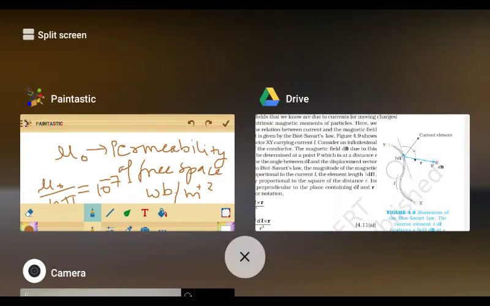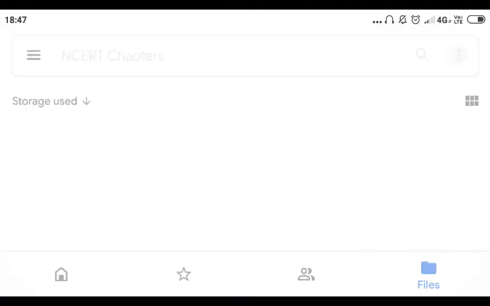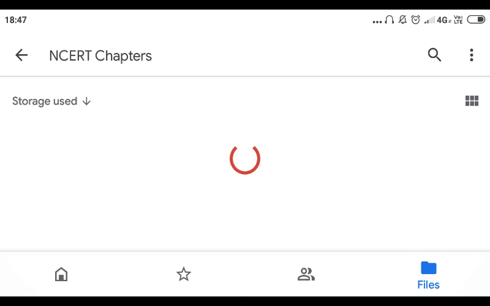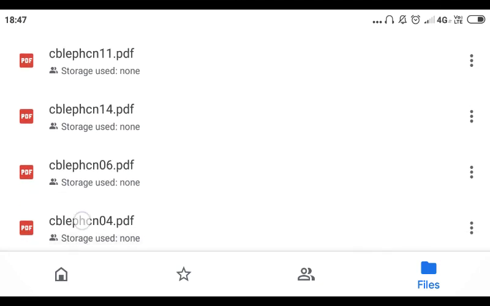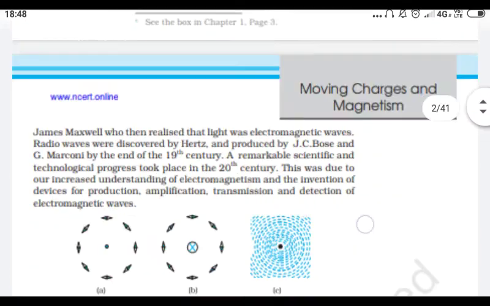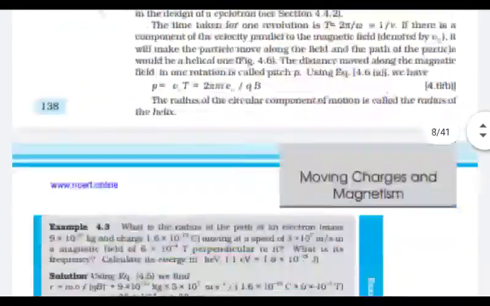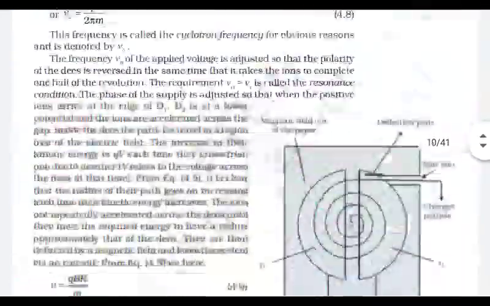So let's go back to our, I think again I have to upload. Yeah, that's what I was thinking, this only. Let's open the last chapter. Now we can open that section 4.5. Okay, the things which all